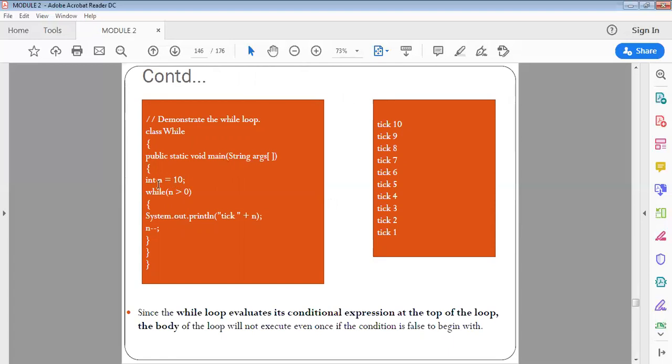Inside main we declare a variable int n is equal to 10. It is of an integer data type. Next, while n greater than 0, if 10 is greater than 0, you will be executing this statement and n